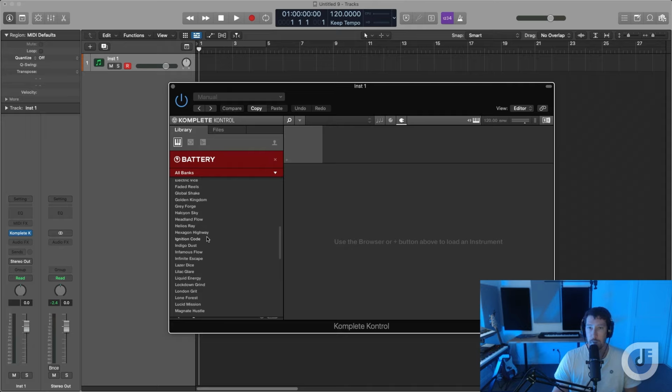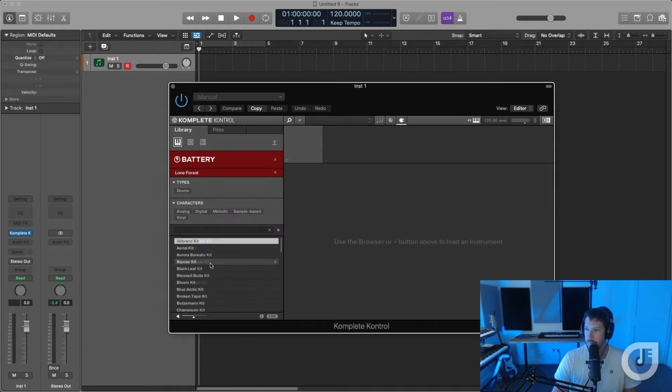You can still load them in Maschine. You also have access to the raw audio files for the loops and the one-shots, but all of the kits that were inside of Maschine are now available in Battery as well. So if I choose an expansion here, let's say Lone Forest, everything that you see here are all of the different kits. There's audio previews for every kit as well, so you're able to hear what the preset sounds like without actually having to load it. So if I click on a preset here,